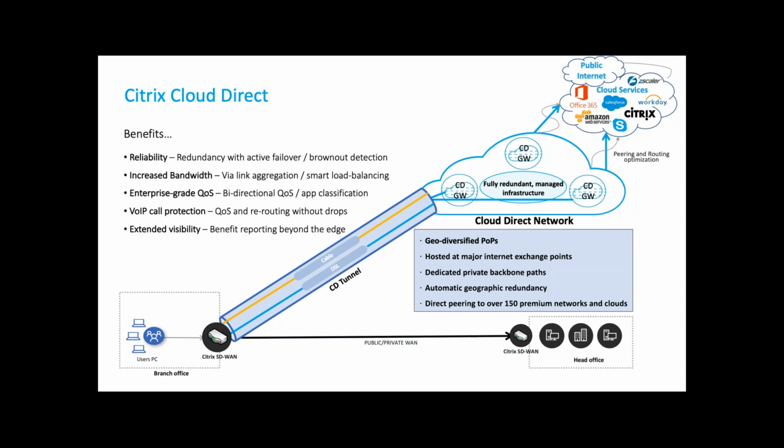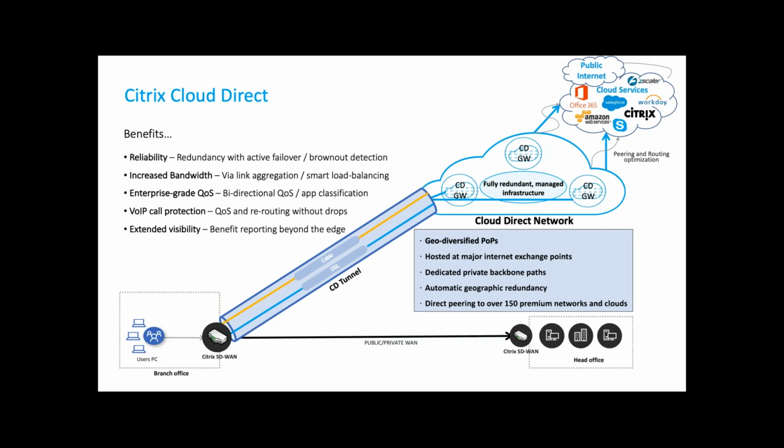And from that front door, the Cloud Direct network, we have a backplane that extends out to all of these public services. So you're leveraging our throughput and connections to these data centers where Workday, Salesforce, for example, exist, but get that great experience on that first leg of the journey.